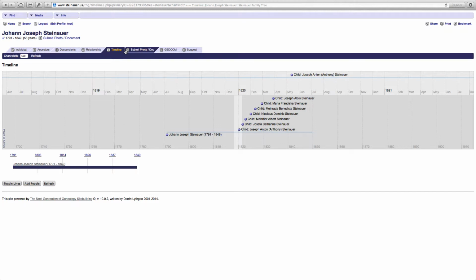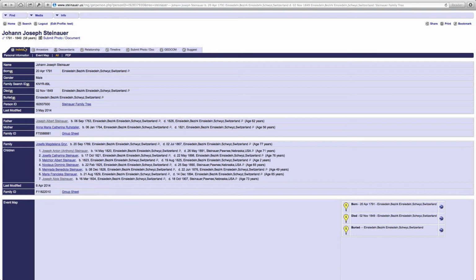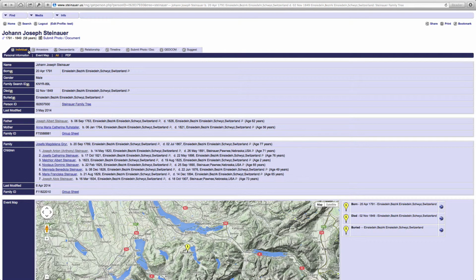So then, the next most important thing is to be able to correct information. I would love to say that every single thing in this family tree is exactly correct, but it's not. I guarantee it's not. And so if you find a problem on any of these pages, I am not at all bothered by you telling me that I messed something up. There was a lot of data entry, and I am certain that there are typos and other data entry errors